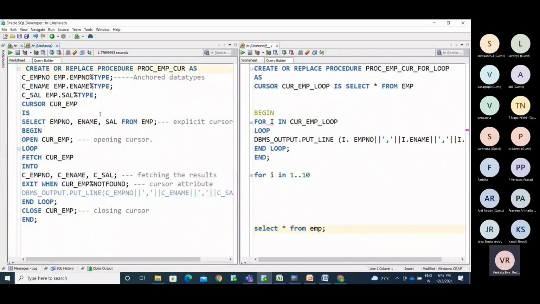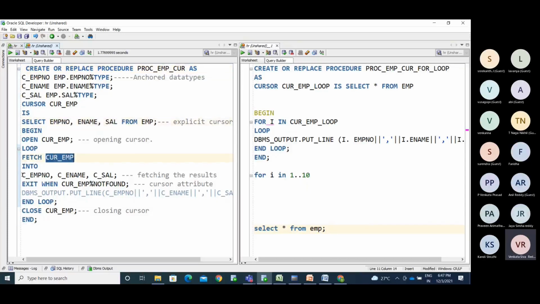Whatever columns the cursor has, you declare variables and fetch the information: fetch the cursor name into those variables. Now the information is stored into these variables.